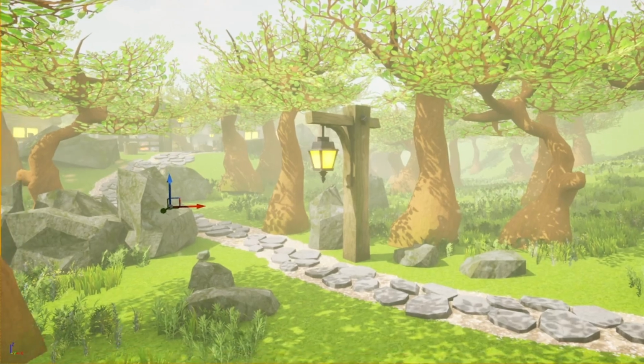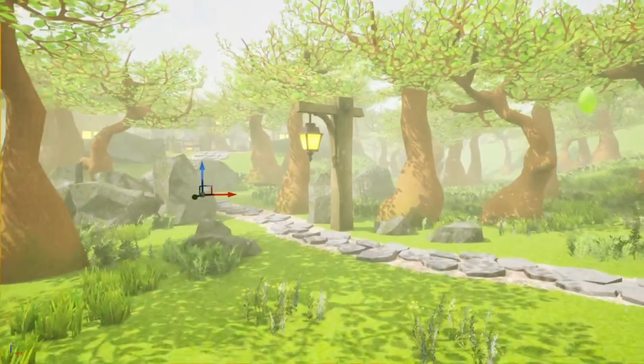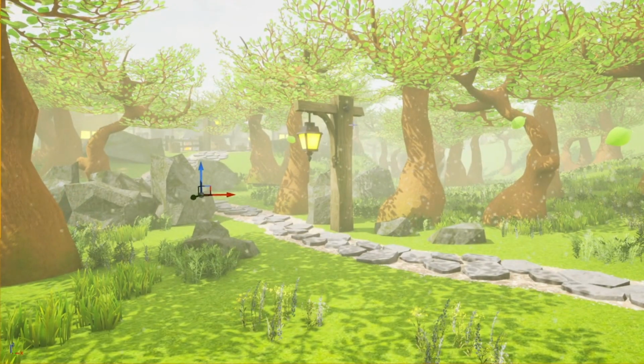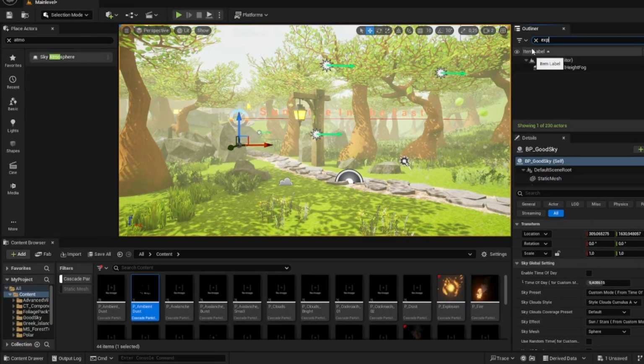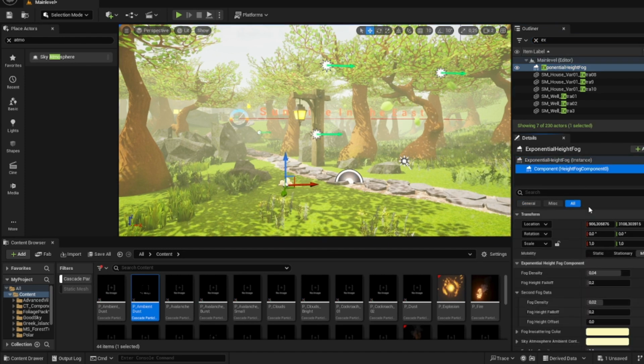And if we look at it now, you can see it's a lot more mysterious in a sense. I actually think that the fog is a little bit on the dense side,